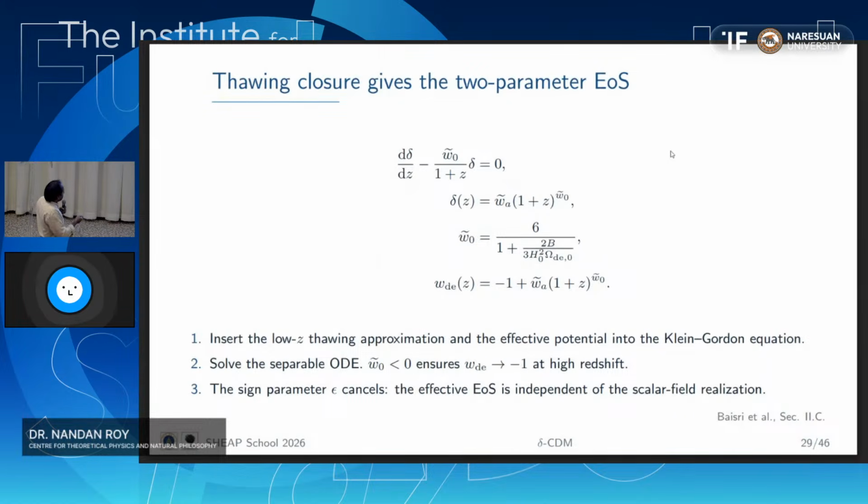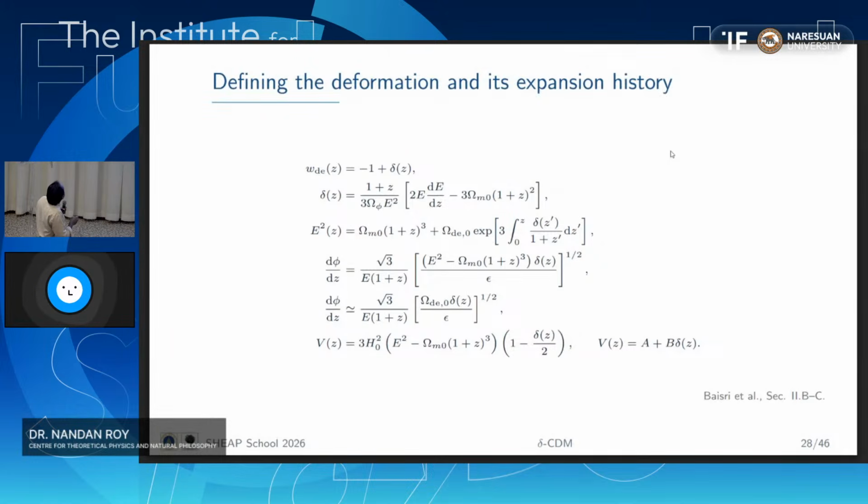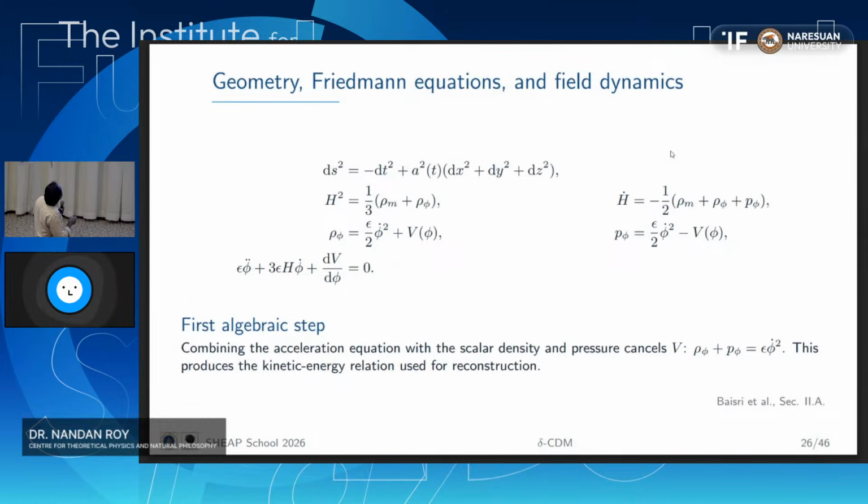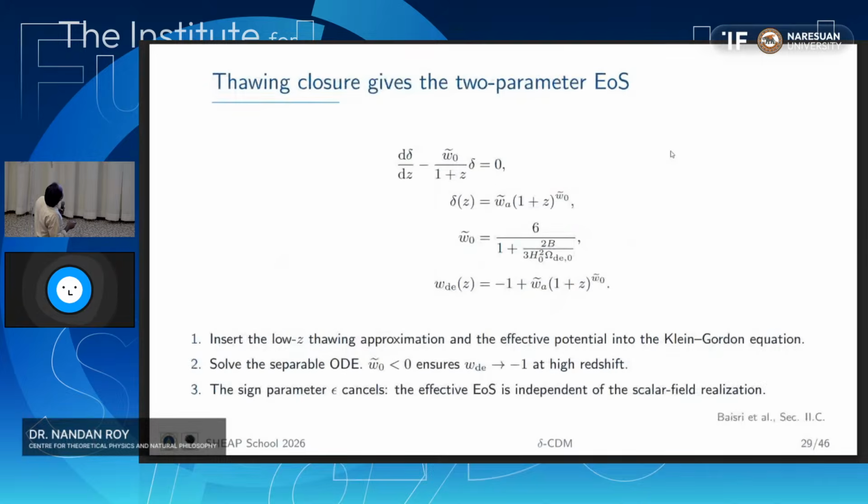And then we put it back into the Klein-Gordon equation we have here. Yes, you can put it back into the Klein-Gordon equation, and then you can actually find the delta z which we started with. So we started with a deviation which was arbitrary at that time. Now we are able to link this delta z to a physical theory, and see how it can evolve. And these are trivial mathematics to get these things.